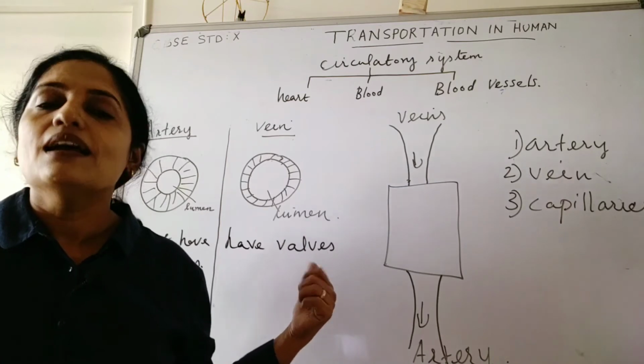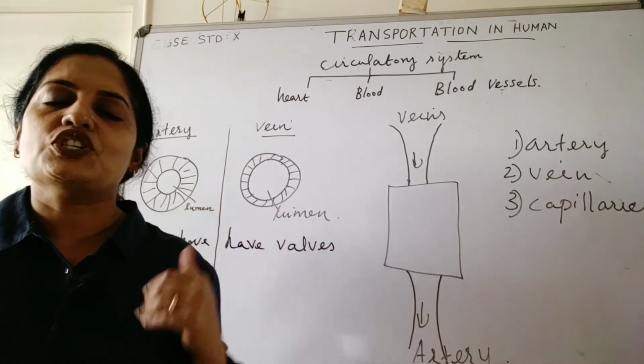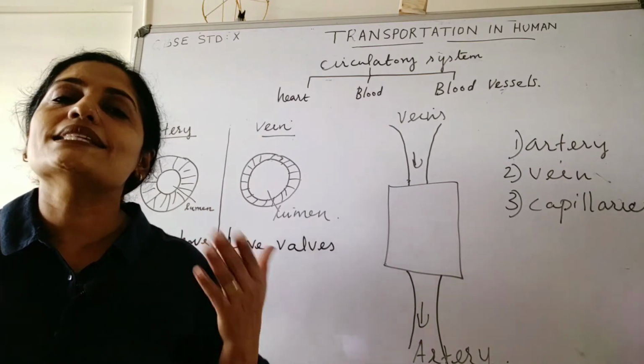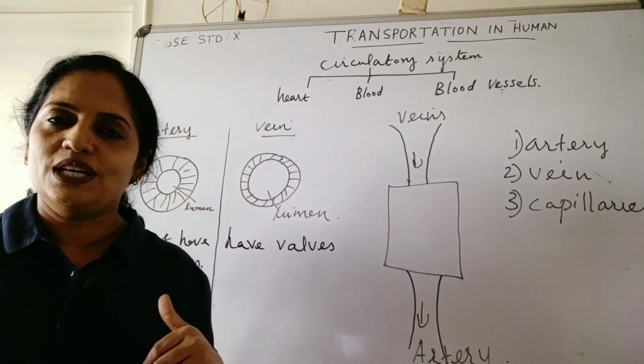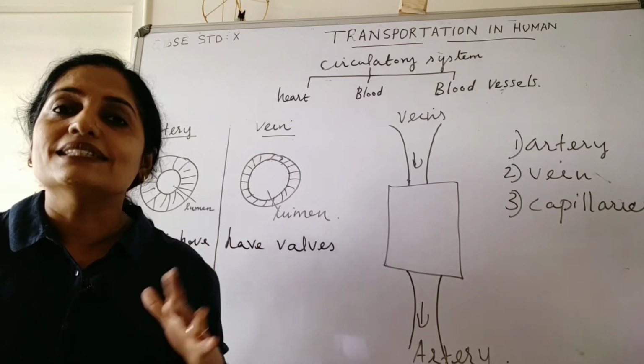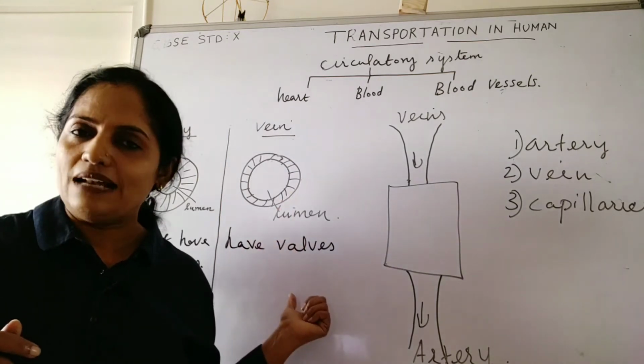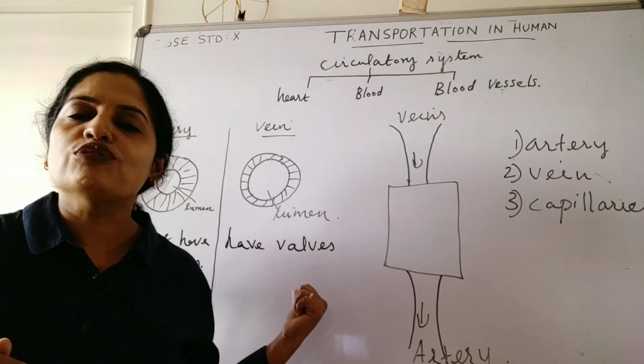In the vein, blood flows at less pressure, so there is a chance of backflow. In order to prevent this backflow, veins have valves to prevent the backflow of